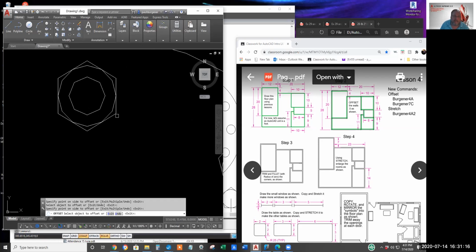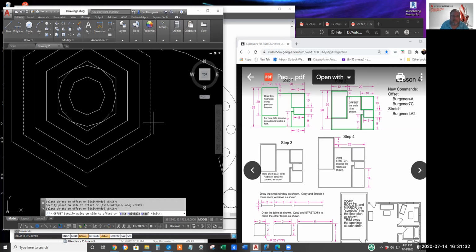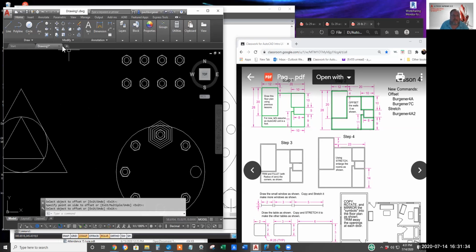Here's a poly. This is a polyline. You can offset it. Let me change the distance to say 0.2, enter. The risky thing though, I guess I'll go ahead and show you now. These polygons can be grip edited.